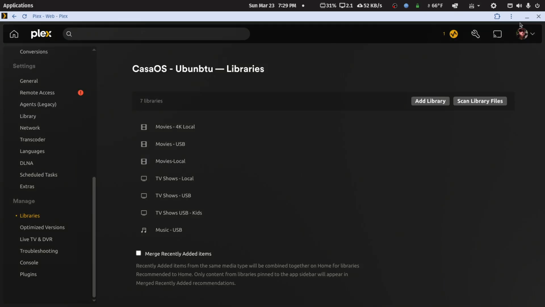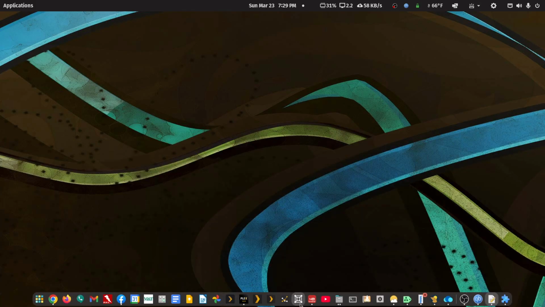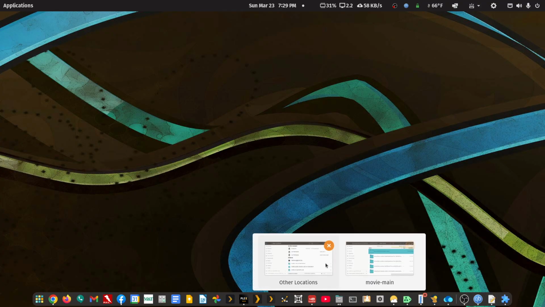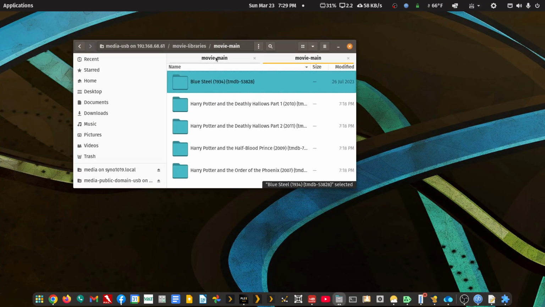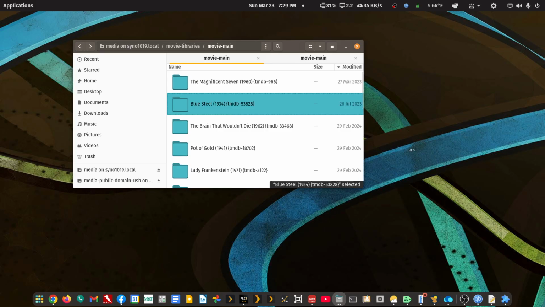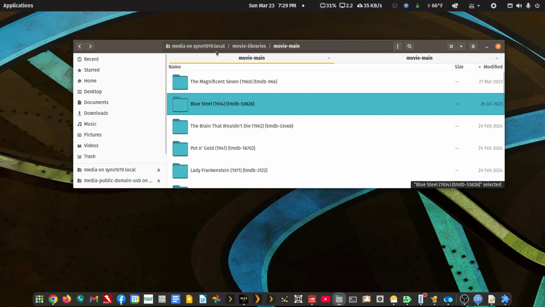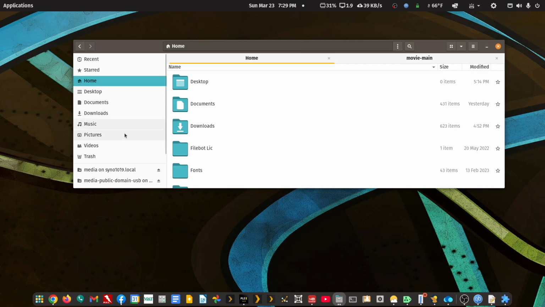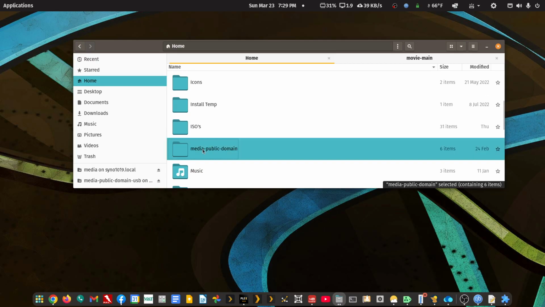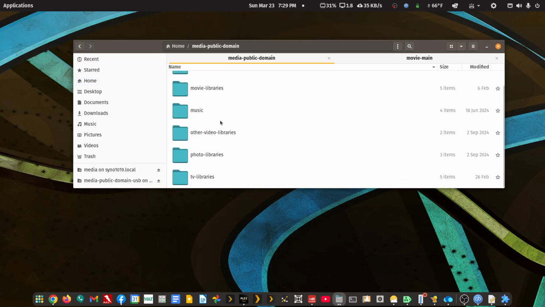So basically, that's it. You want to add more media? You transfer it across the network from whatever computer you're working on. And I actually did it from my older Synology NAS and not my local hard drive, but I could do that also because I have a test media install here. So let's